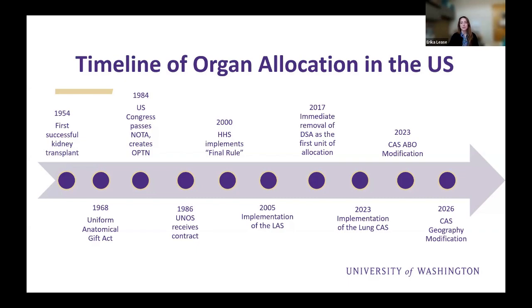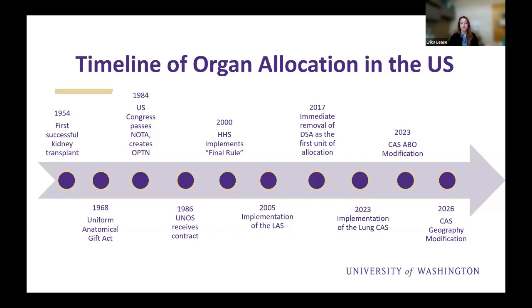between the first successful kidney transplant in the United States in 1954 until 1968 with the passing of the Uniform Anatomical Gift Act, which created the first governmental foundation for and regulation of organ donation. So things went along for another 15 years or so, and then in the early 1980s, organ donation and transplantation was really at a crossroads. There was critical organ shortage, inefficient organ matching and placement, and concern that local control of organs led to inequity